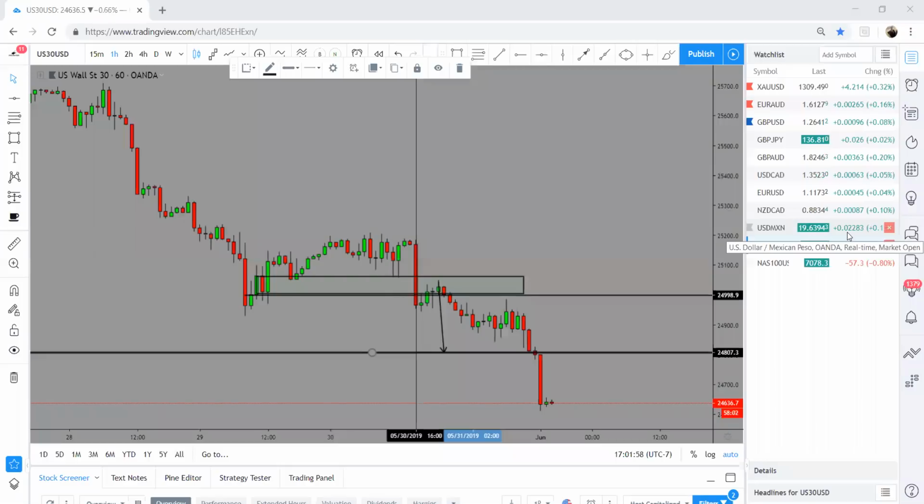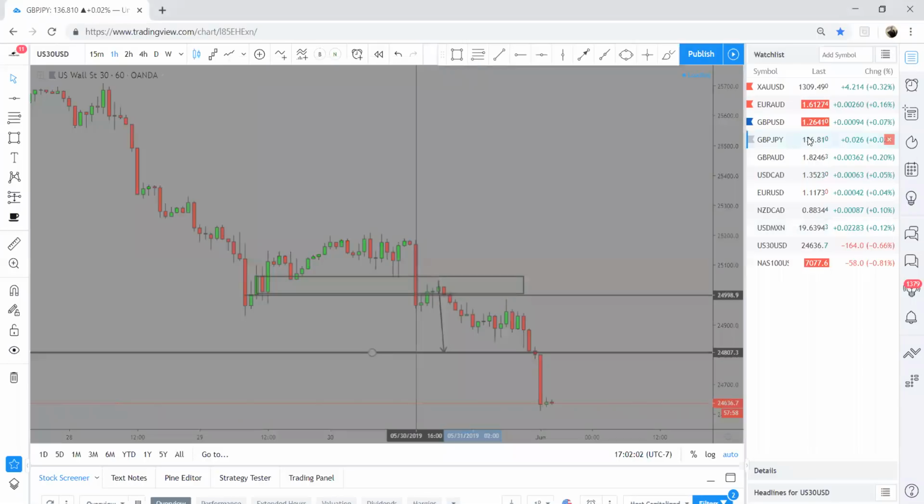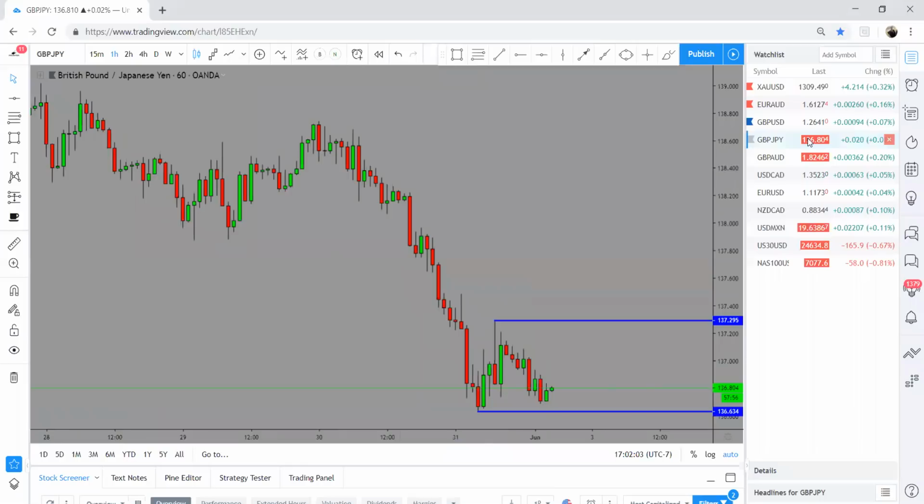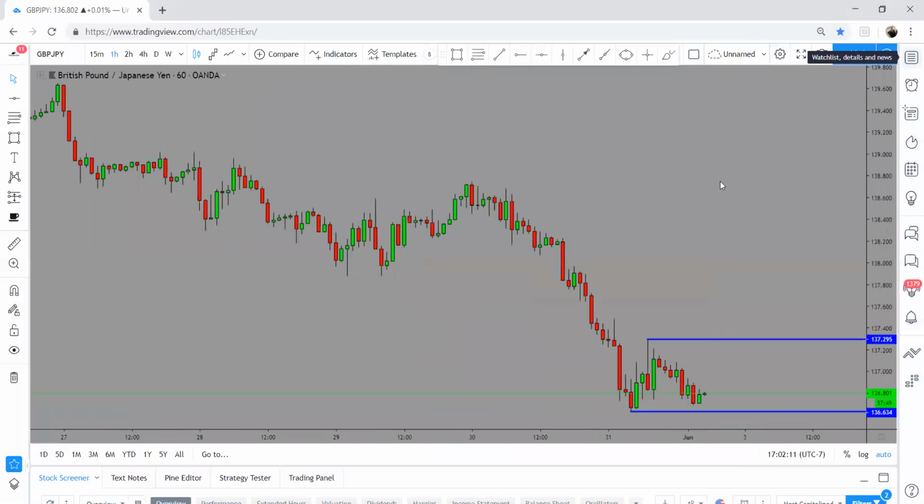I'll go over GJ. See, the thing with deuces is they work on all time frames. They work on any pair. All time frames, any pair. Right? And what you have to understand is